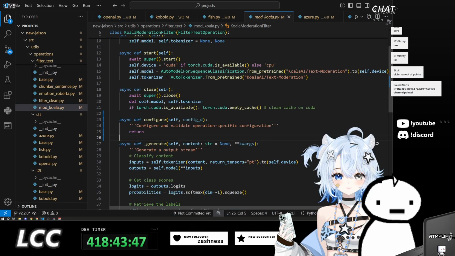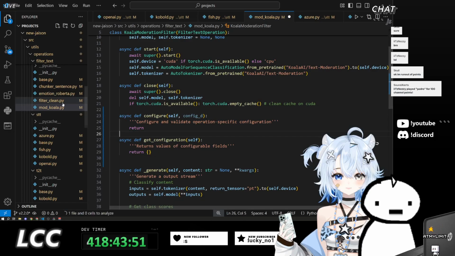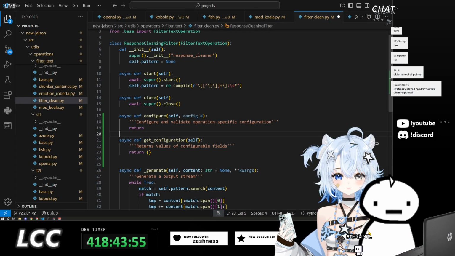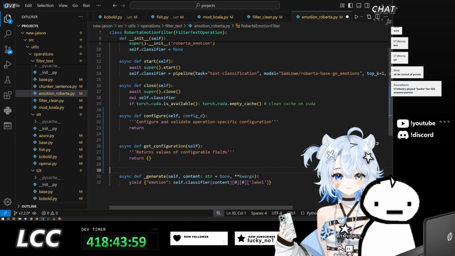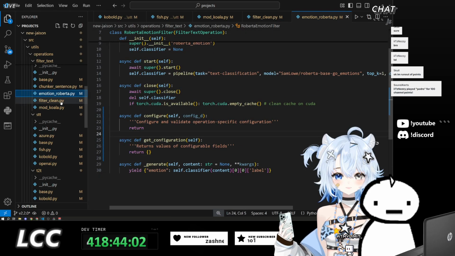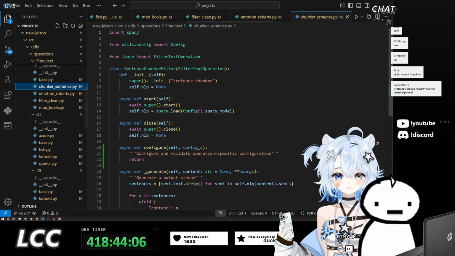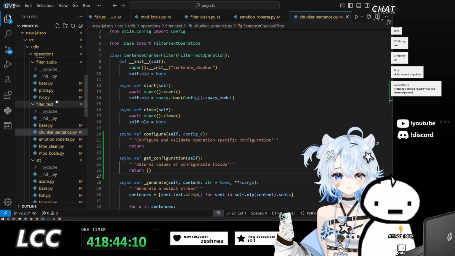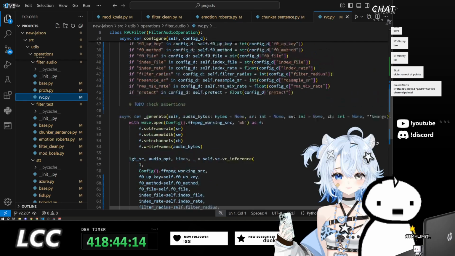All right. On to the text filters, which has no configuration for any items. Nice. And last but not least, RVC and itch.